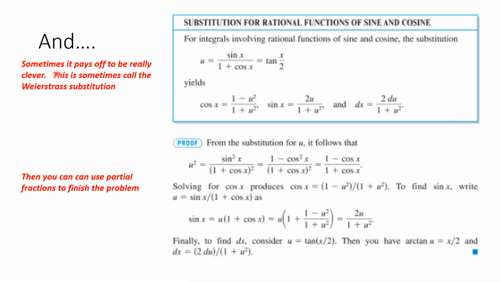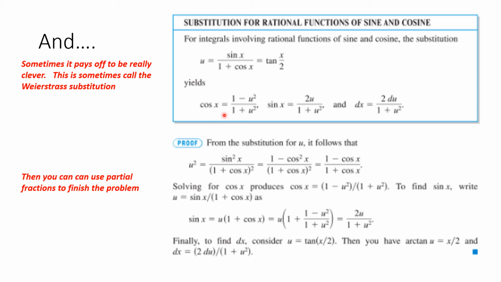And sometimes it pays off just to be really clever. This is sometimes called the Weierstrass substitution, and this is a substitution for rational functions that involve sines and cosines. So for integrals involving rational functions, polynomials of sines and cosines, the substitution u equals sine x over 1 plus cosine x, or more generally, u equals tangent of x over 2, yields